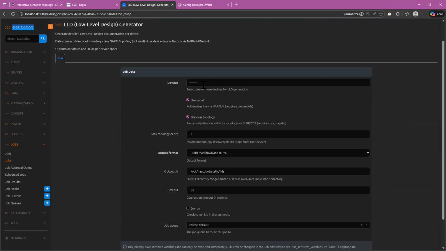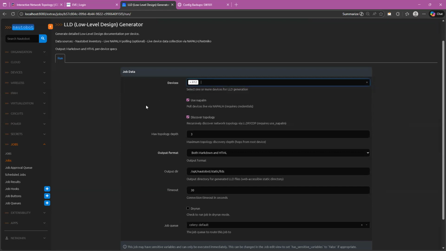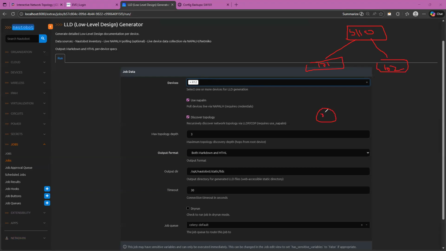So for example, in this case, I'll go and check router number 12, for example, right? And you know how they are connected. You know that you have switch 110, then you have switch 101, and then you have switch 102, and then you have router number 11, router number 12.